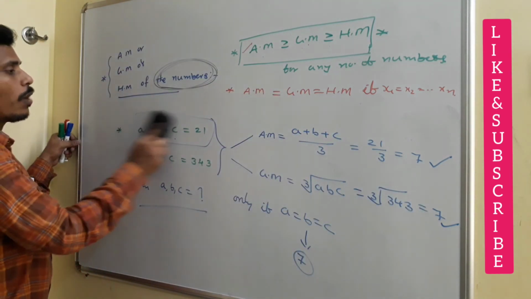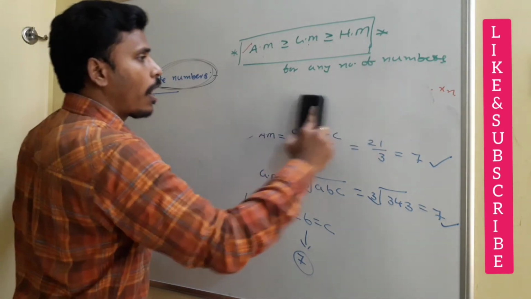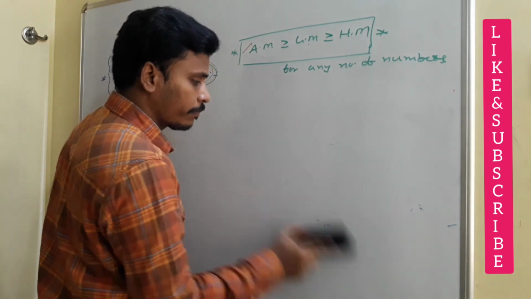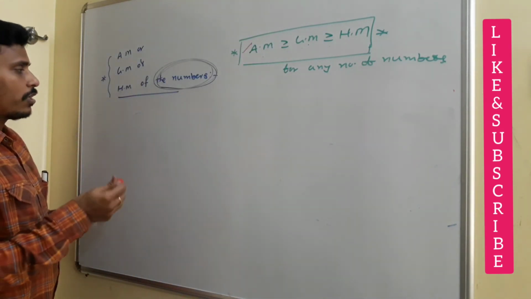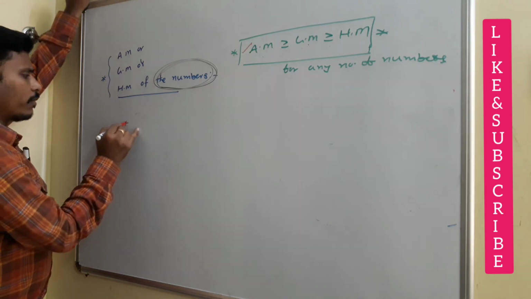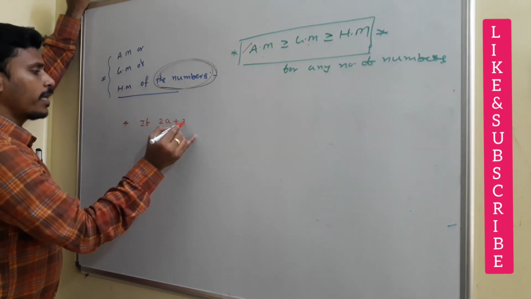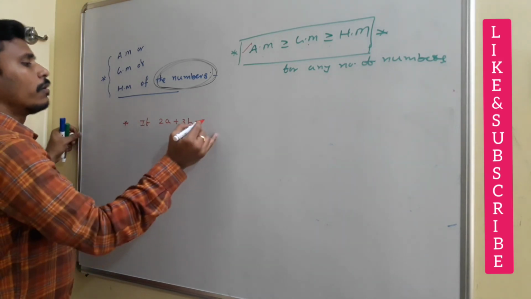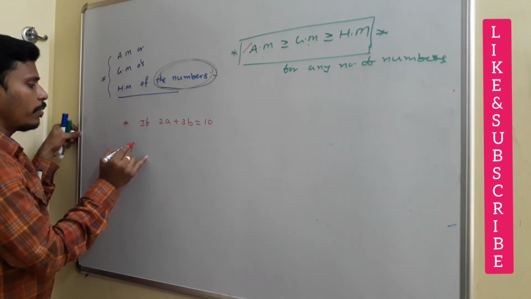Suppose I give you one more problem. Have a look at this. So almost here ends the concept of sequences, right? I will give you a problem like this. First, suppose the question is this one. Take anything, say 2a plus 3b, maybe 10. 2a plus 3b is equal to 10.